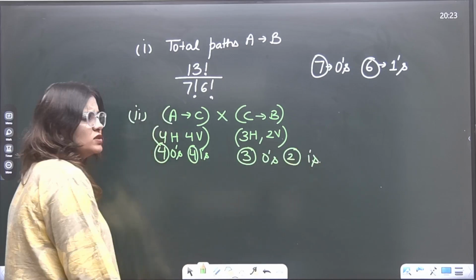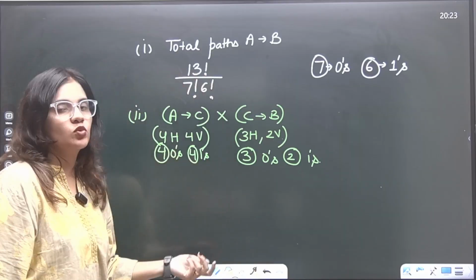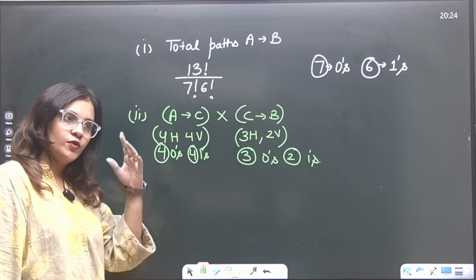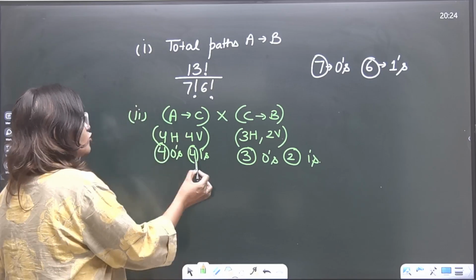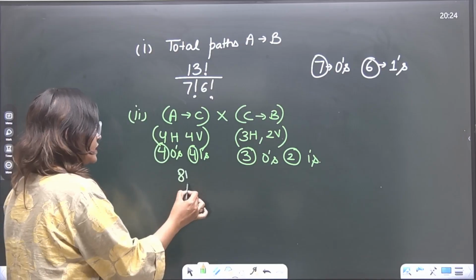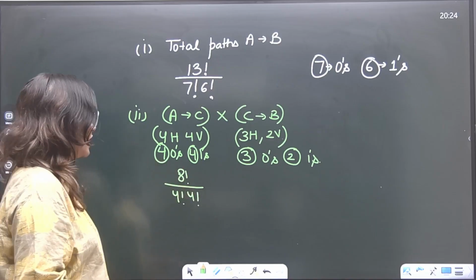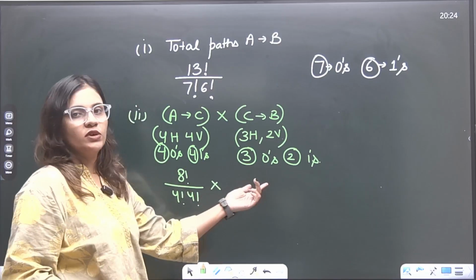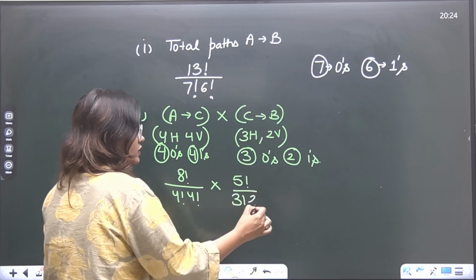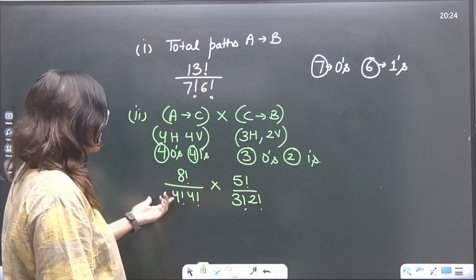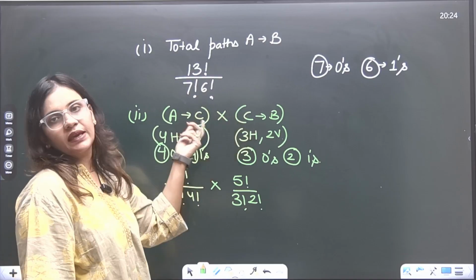So I know you can do this using the basic selection process of horizontal, vertical, but I'm telling you that if you make your mindset as a binary sequence, it will help you in a lot of questions, right? So I have to arrange 8 numbers here, out of which 4 are same and another 4 are same, into I have to arrange 5 numbers here, out of which 3 are same and 2 are same. Yes or no? So these are the total number of paths possible from A to B via C.